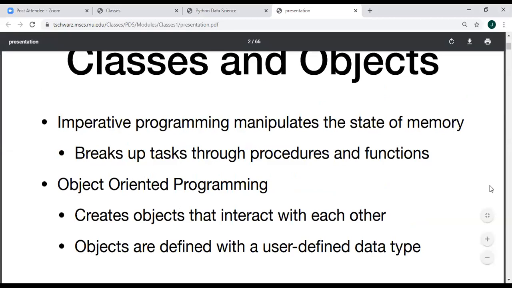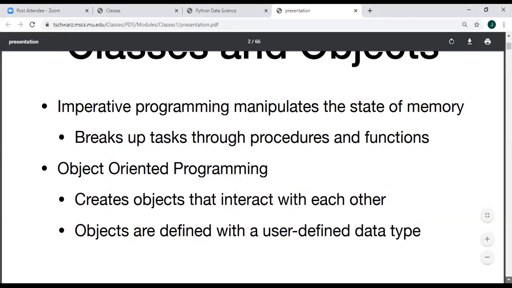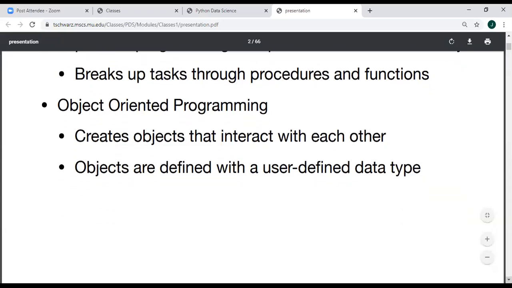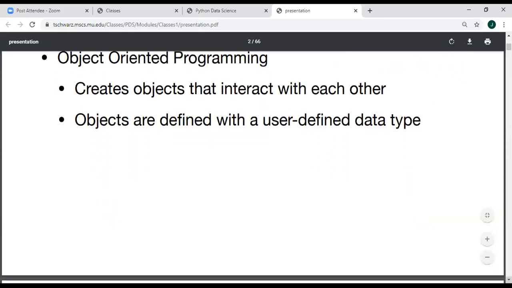It is also called structure-oriented programming, whereas here, in object-oriented, you have a class, and every class has its own data and methods. Objects take the data which is required from the class, and objects can interact with each other also, and these are totally user defined.